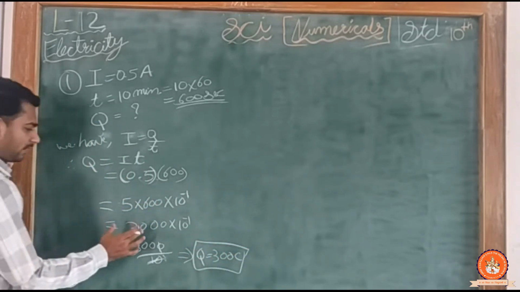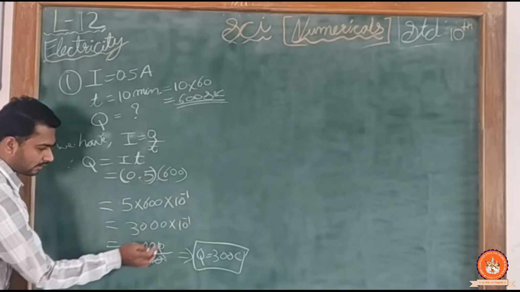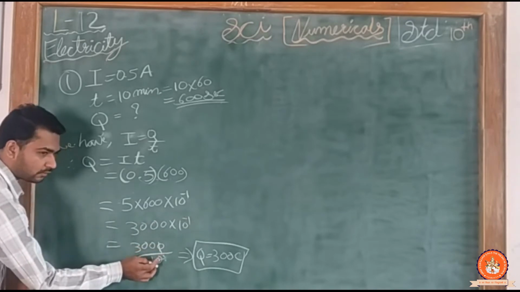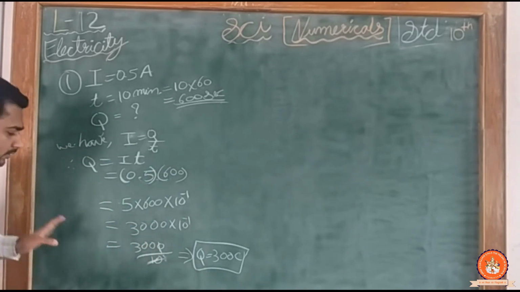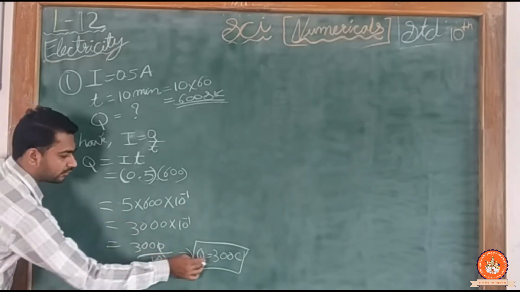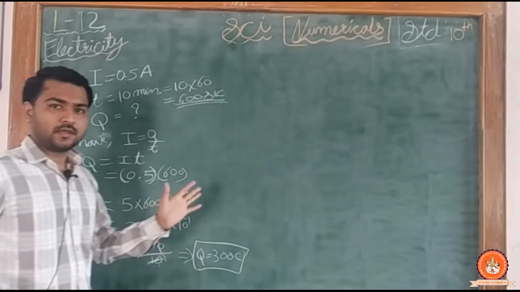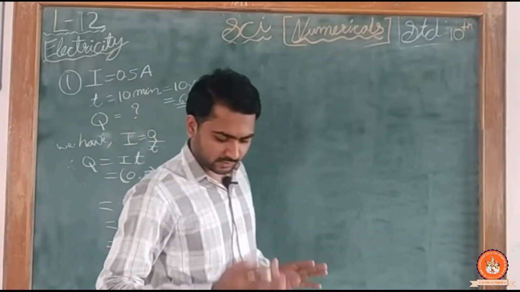Clear? क्या किया मैंने? इस 10 raised to minus 1 को मैं डिवाइड में लेके गया. अब 10 raised to minus 1 था, 10 raised to plus 1 हो गया. अब plus 1 10 raised to 1 लिखूं या ना लिखूं, doesn't matter. लिख दिया मैंने. अब 0 0 कट हो गया, 300 बचा मेरे पास. Q is equal to 300. बहुत ही सिंपल सम है. ये डेसिमल वाले सम्स तो आपको पहले से आते हैं, 7th standard 6th standard में से आपको आता ही होगा.